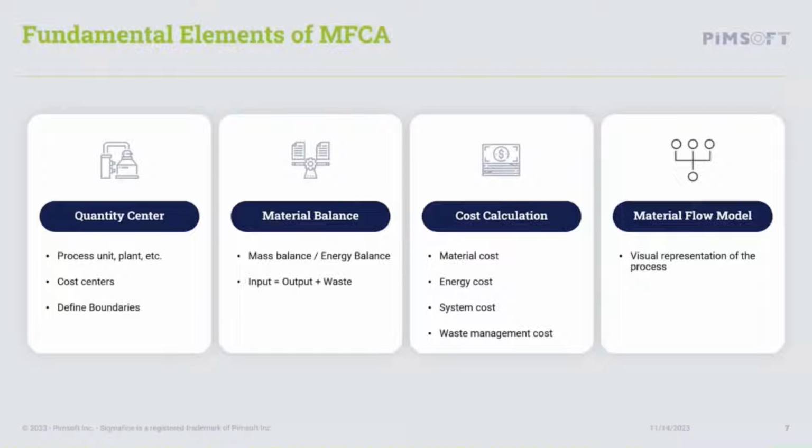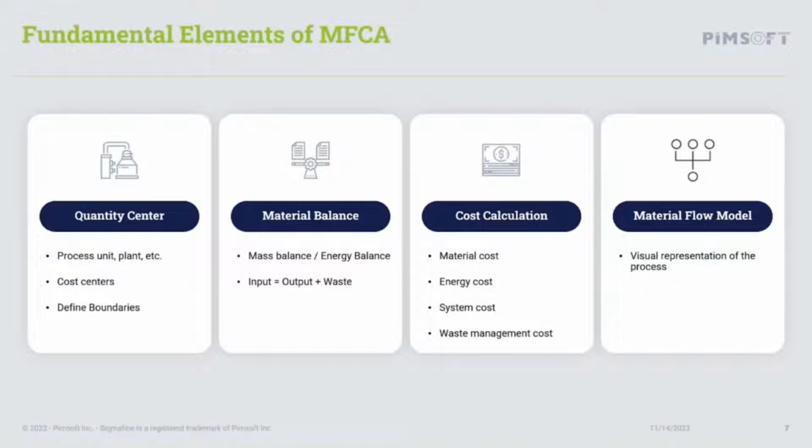Examples of quantity centers include points where materials are stocked or transformed, such as storages, production units, waste management, shipping and receiving points. In MFCA, all materials that go into and leave the quantity center should be balanced. For each quantity center, the amounts of inputs and outputs should be quantified. A material balance requires that the total amount of outputs, so of the products and material losses, be equal to the total amount of inputs, taking into account any inventory change within the quantity center.